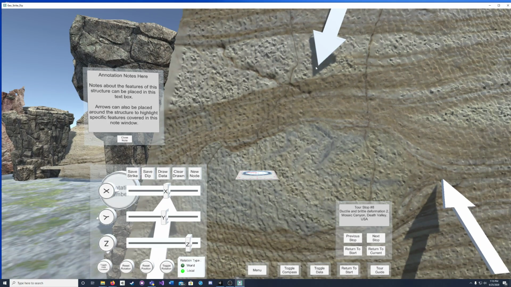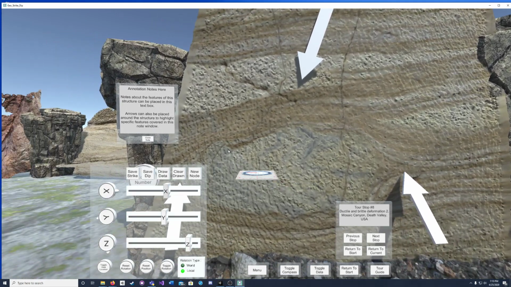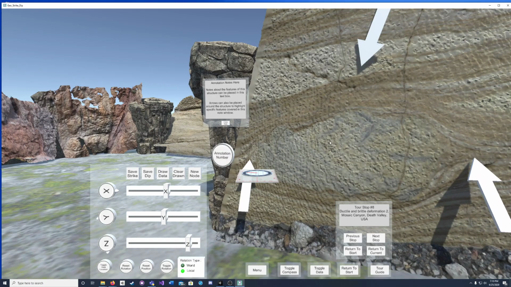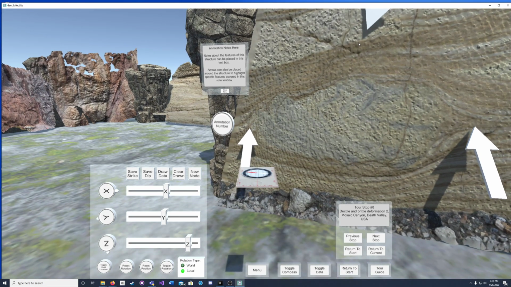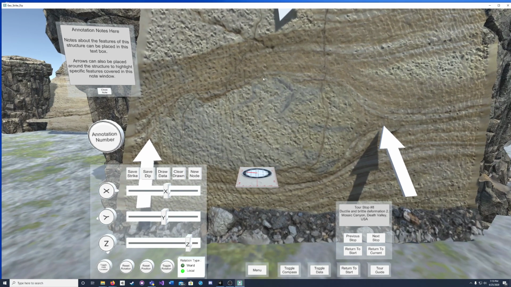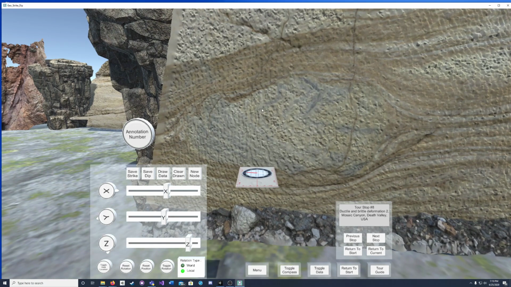There are also arrows that you can place around the formation to point out whatever elements correspond to that annotation note, really drawing the user into seeing the exact features that you're trying to highlight. Once you're done with that, you can either hit the close note button or you can hit the annotation node a second time, and that will close those and get them out of your way.